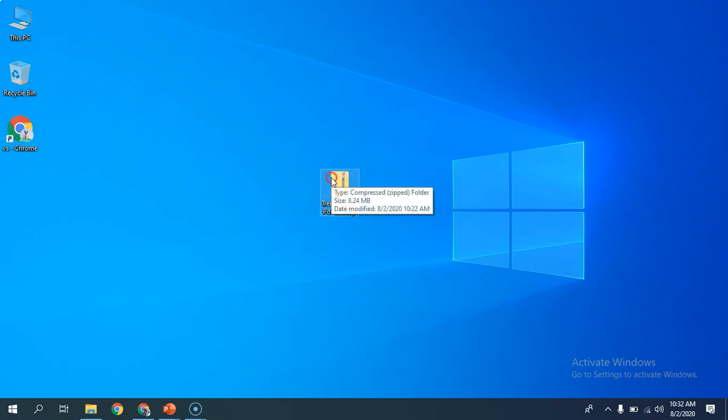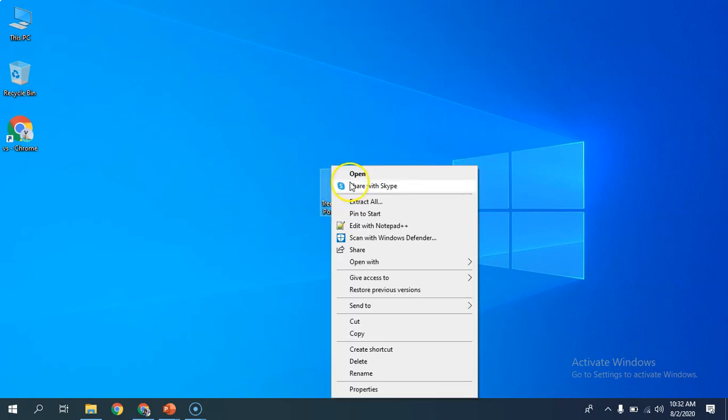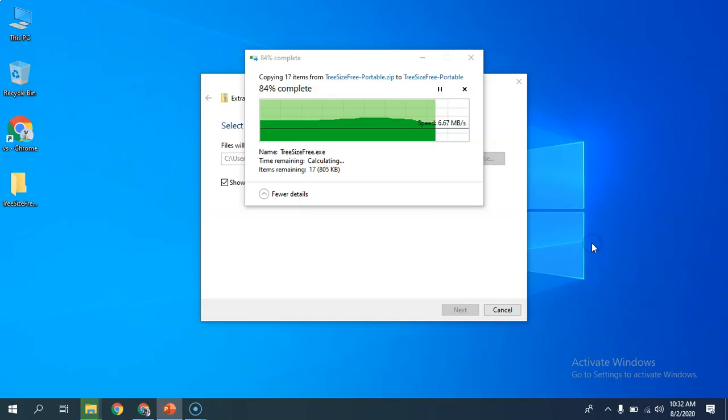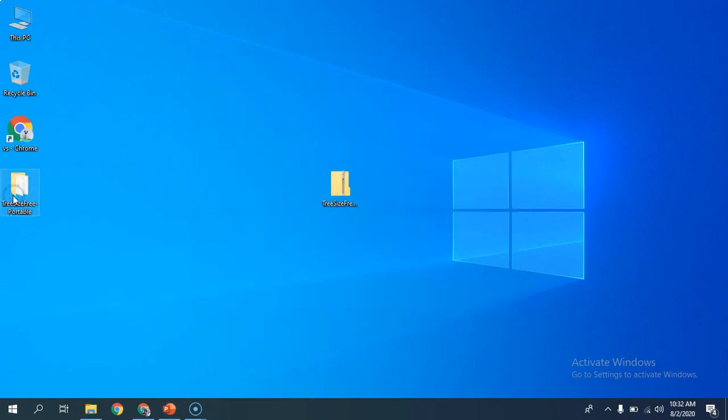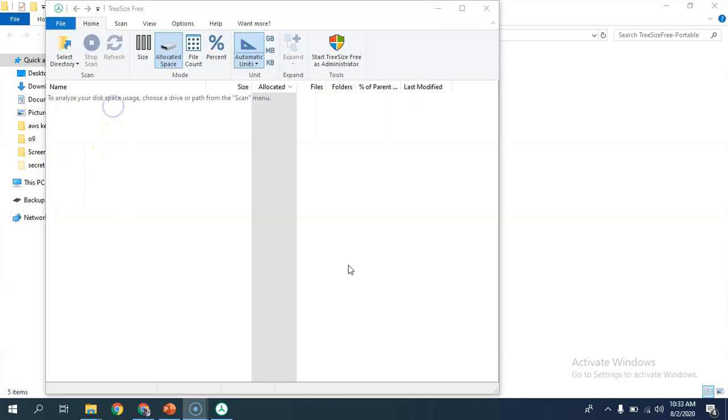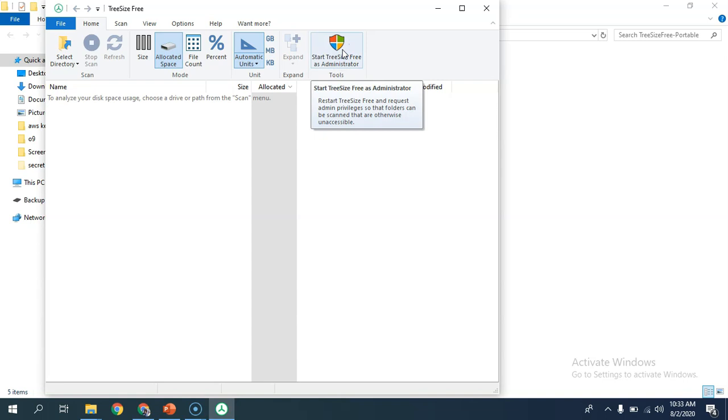Alright, the zip file is downloaded, so let me extract it. And here we get this executable. Alright, there we go. So TreeSize is running. It is a good choice to start it as an administrator so that it can access all types of files, right?